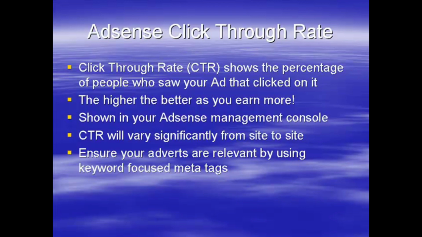One way to get a good conversion rate is to make sure that you have good adverts on your site. Now, if your site hasn't got meta tags, so your meta title, your meta description and your meta keywords on, the adverts that it displays are not going to be very relevant. I will tell you that right now for nothing. So you need to go through your website, look at the adverts that are being displayed and check they're relevant. Make sure that you have your meta description, your meta keywords and your meta title on every single page, and that it is relevant to the content of that page.